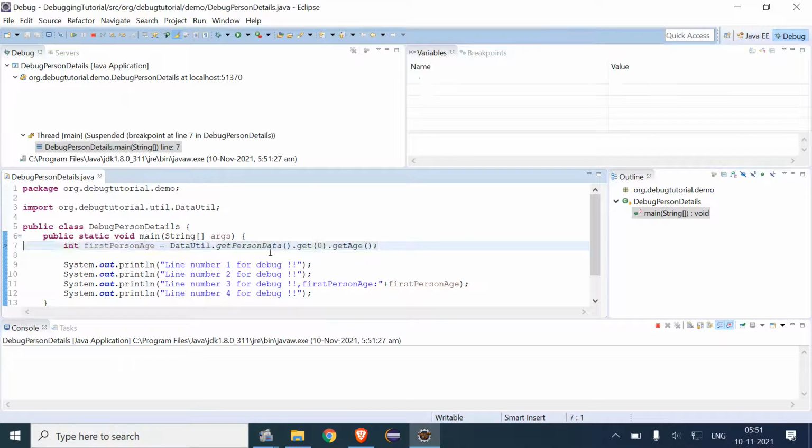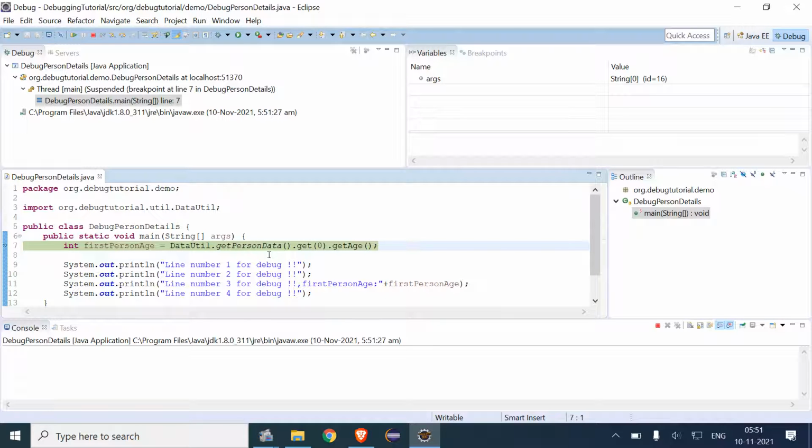Now this debug point is hit, and for example, what if we want to get into the person data?